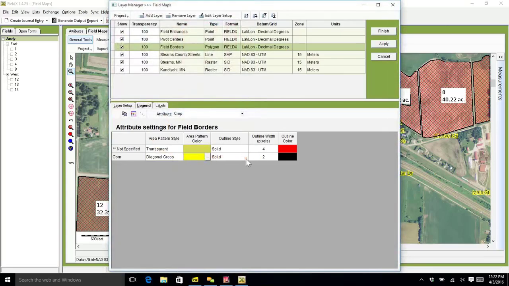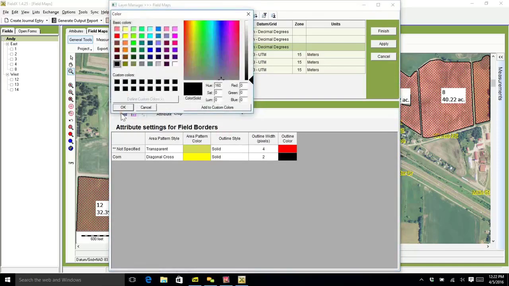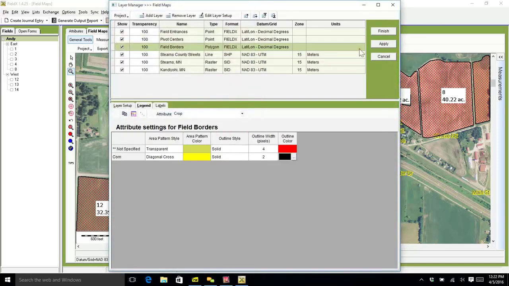and then the outline style. If it's transparent, dashes, dash dot dot, various options here, the width, and the outline color. So I'll leave that as black. All right. If I click Finish,